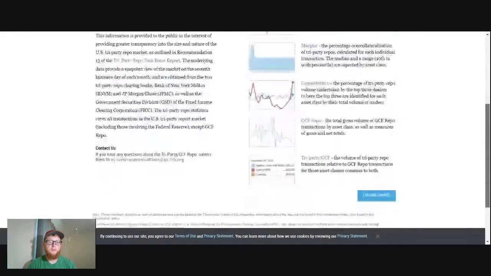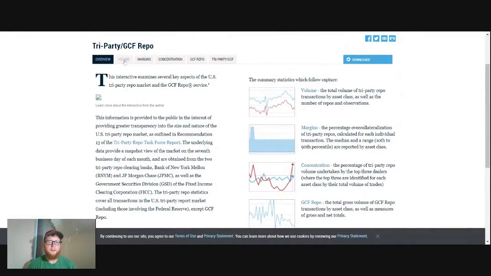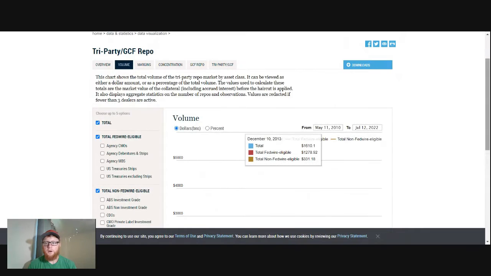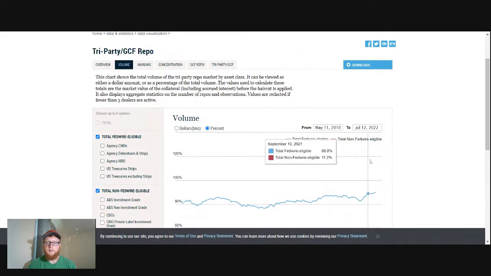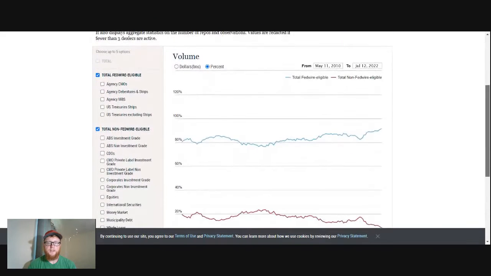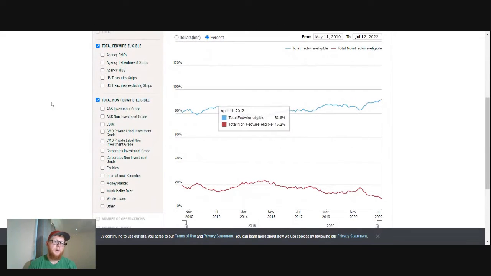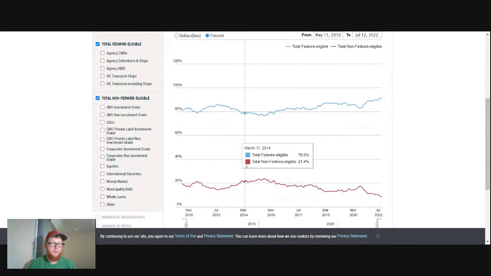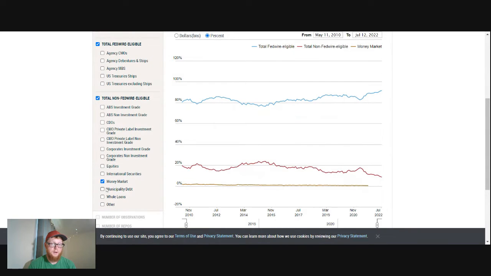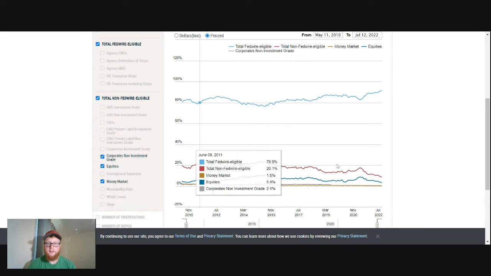All right, so this is basically an overview, a bunch of words, but here are the tabs I was talking about. So you can change the volume in dollars and percentage terms, right? So general volume changes via percentage. On the left here, you can see the different types of asset classes, and they actually break it up between Fedwire eligible and non-Fedwire eligible, that sort of thing. And so you can literally just play around with this. You can add money market funds, equities, junk bonds, that sort of thing,